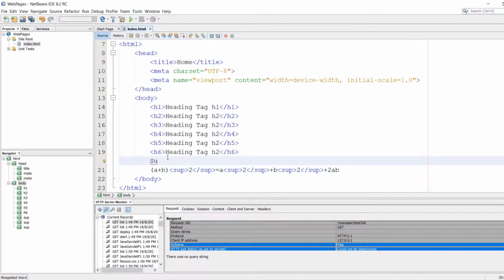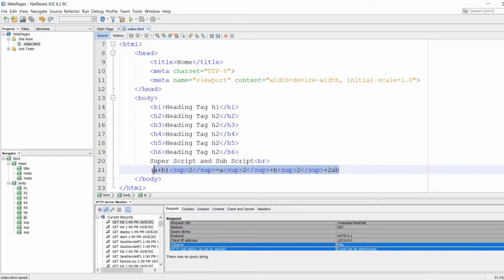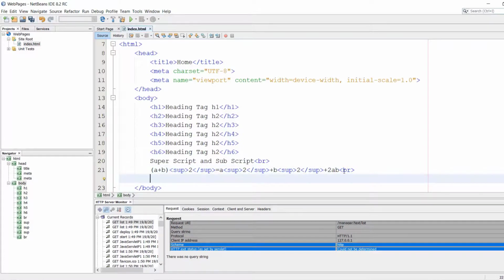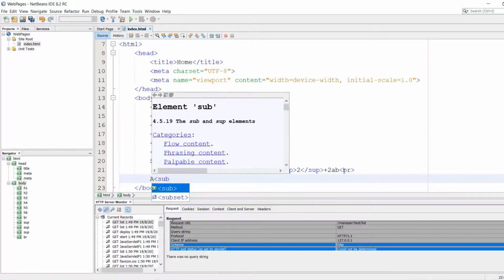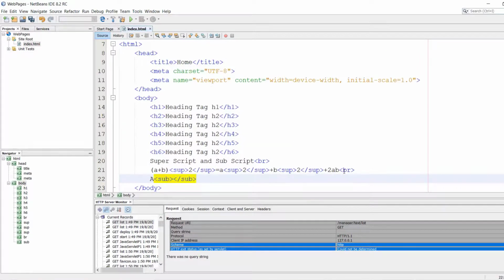Next we'll see the break. If you want to display something on a new line, you have to use a break. Here I am giving the break for getting a new line, and displaying the information in a subscript: A1 plus A2 equal to sum 0.